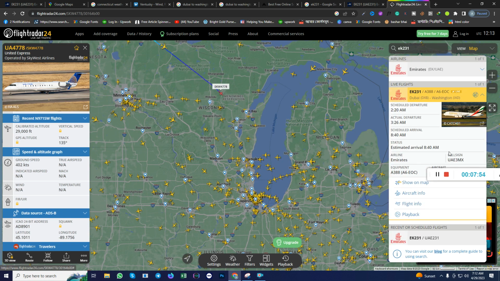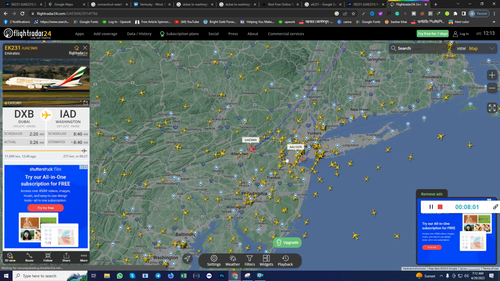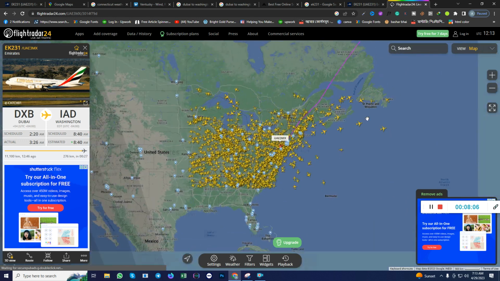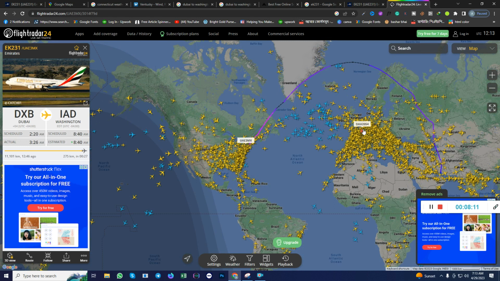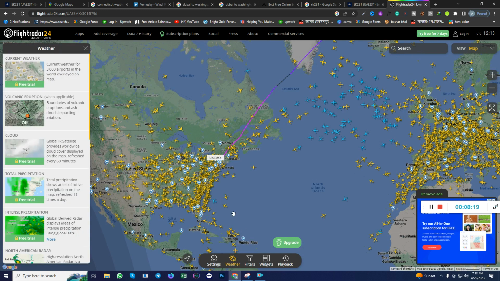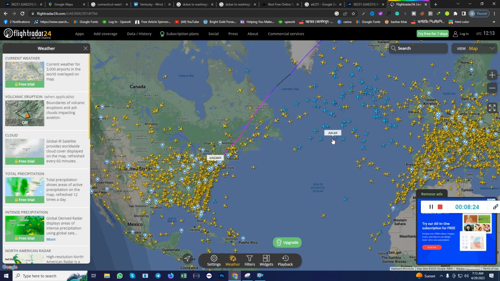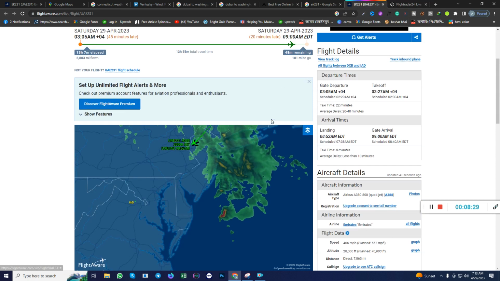and it's live. Now you can go to the show on map mode. Now it's showing me the same thing here, see, but there are so many other planes, so it's convenient to look at Flight Aware, and you can turn the weather mode on, okay, so it will show you the, oh, you need an upgraded account, you cannot see it. However, so this way you can track a live flight,